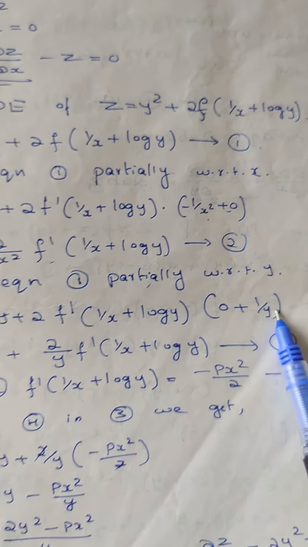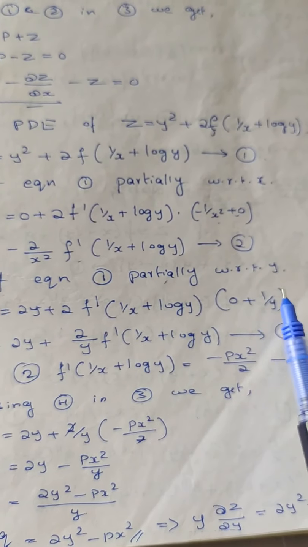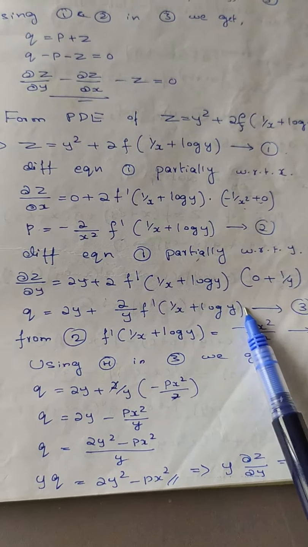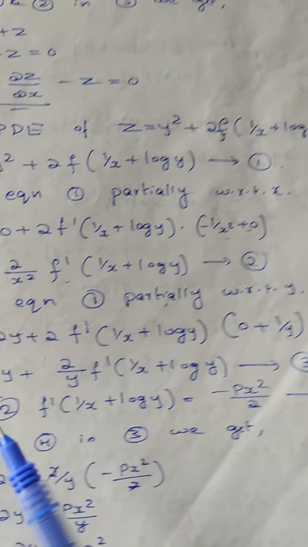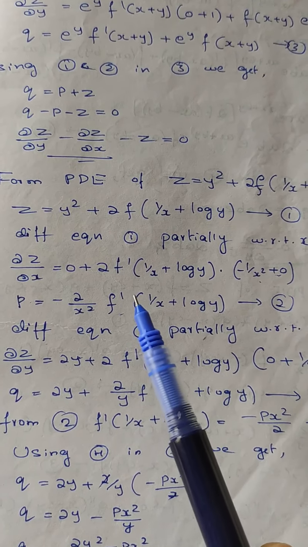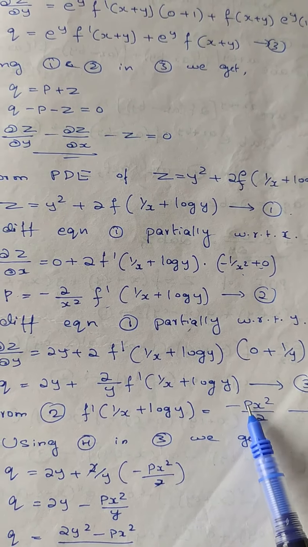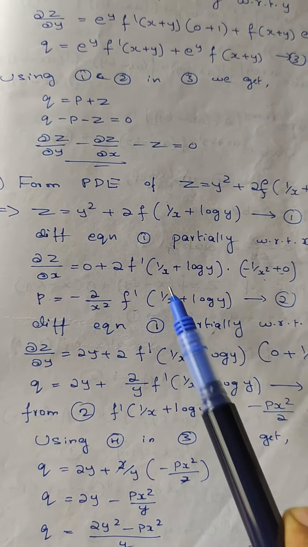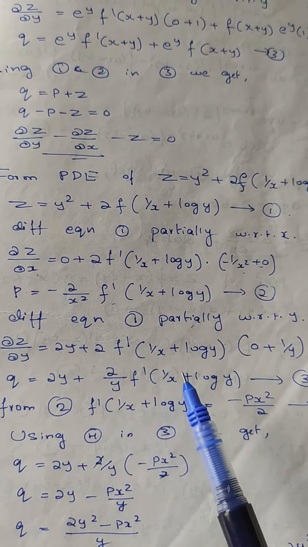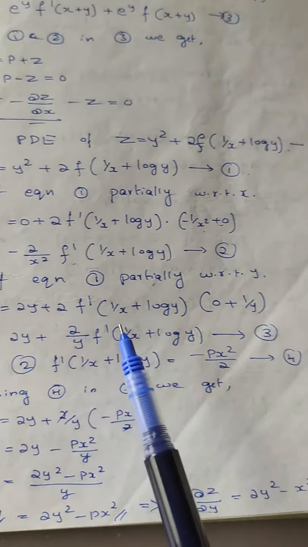Derivative of log y is 1 by y. Then q is 2y plus 2 into 1 by y is 2 by y, f dash of 1 by x plus log y. Now, eliminate f dash from p and q. See, f dash of 1 by x plus log y is minus p into x square by 2. If you simplify this, replace f dash by minus p into x square by 2 in this equation,